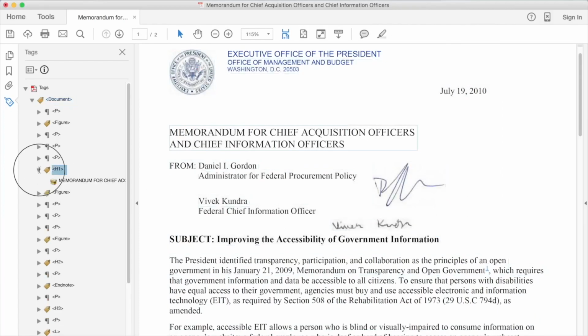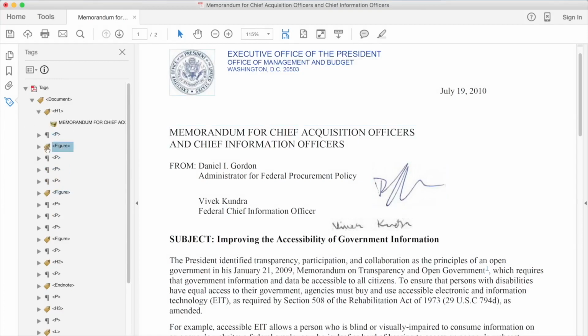I'm going to click and drag the H1 tag up towards the document tag I just created. Note that if I drop it when the black placement arrow is directly under the icon for document, it will be in the same order as the document tag, placing it directly after all these other tags. Instead, I want to nest it directly under the label of the tag itself. The placement arrow jumps inward to show that it's going to be placed under the document tag. Voila! My H1 tag is now at the very beginning of the PDF.